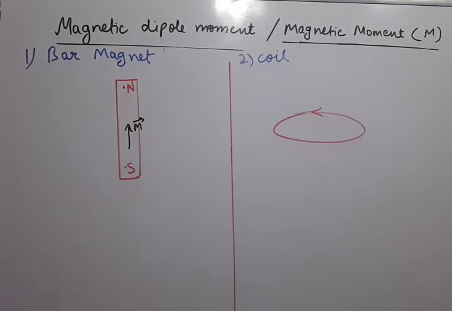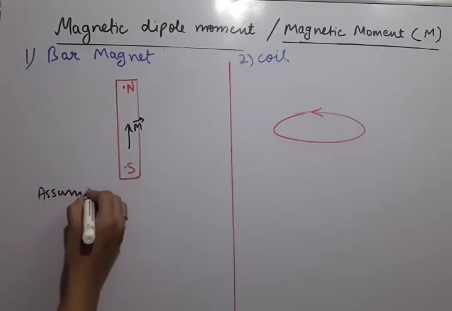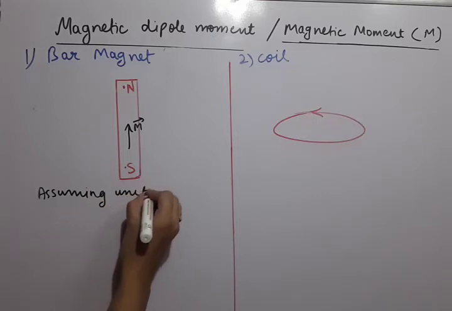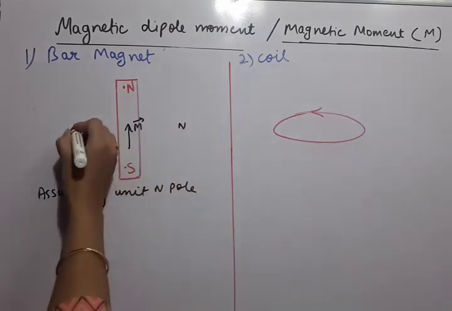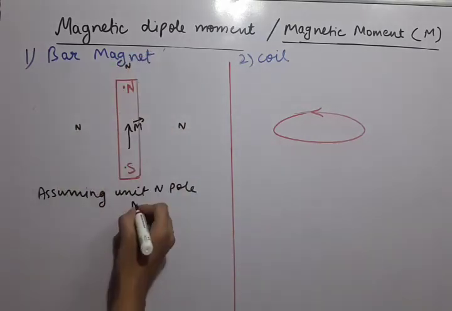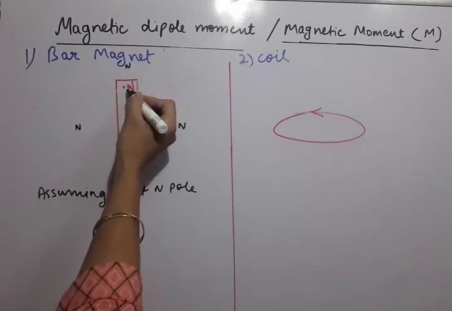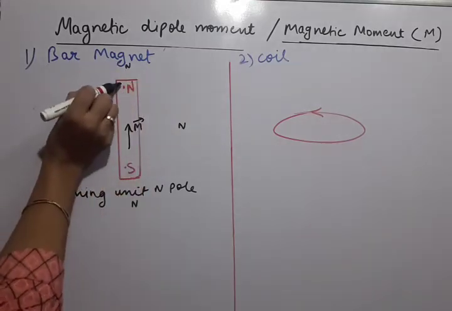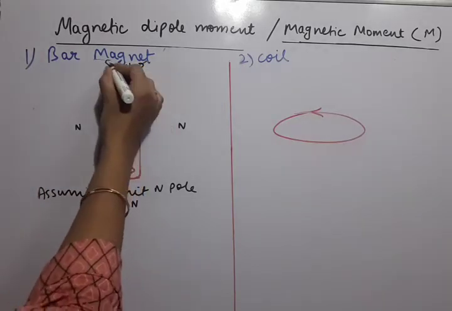Now let us try to draw the magnetic field lines around this bar magnet. If you remember, how do we draw the magnetic field lines? By assuming a unit north pole everywhere. So suppose I am putting a north pole here, north pole here, north pole, north pole. Then where this north pole will go, those are the directions of magnetic field lines. So you see now, this north pole will get repelled from this. Both are north, so north and north will repel. That's why the field lines are outwards.